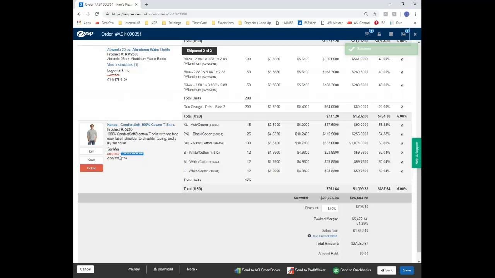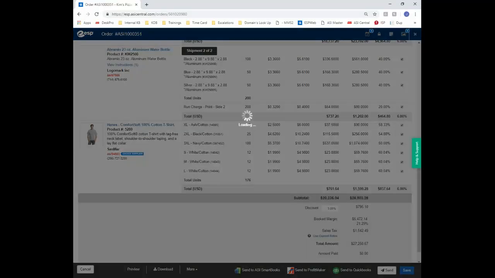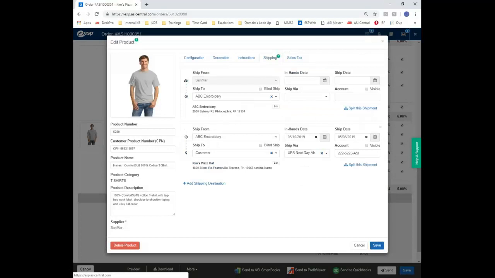I just want to show you one slight difference here. This is actually new. If you have preferred suppliers, it'll show you what your preferred supplier choice is here, okay? Next thing I want to show you is you can go ahead and go into the shipping tab, and you can see the difference. So the ship to is from Sanmar to your embroiderer, and then from your decorator to your customer. All right, and then you can see that the enhanced date are associated with your customer's information now,